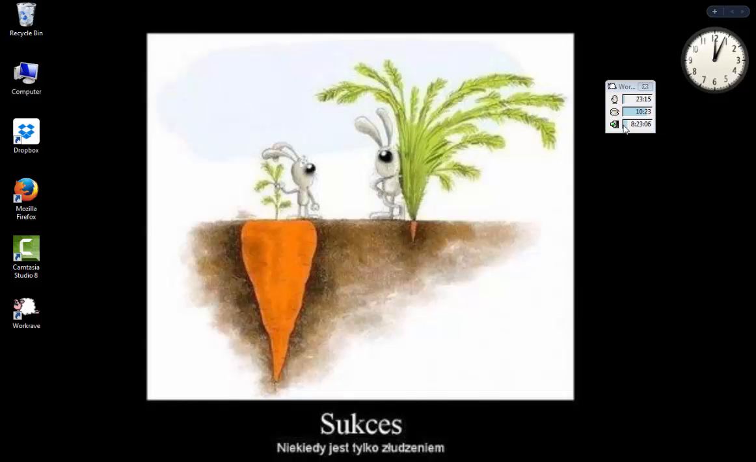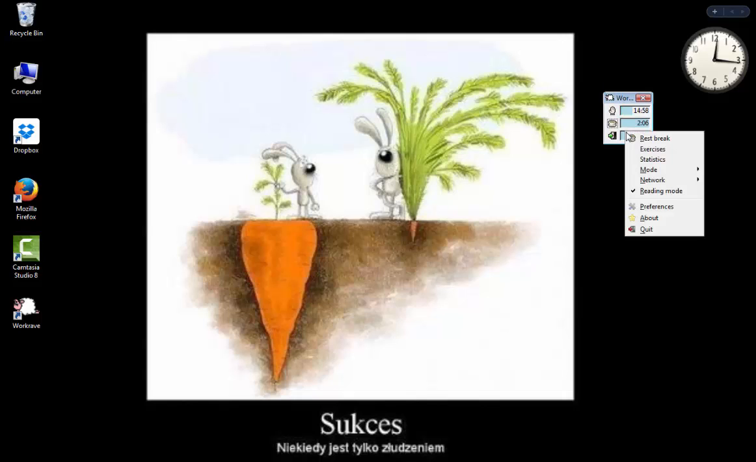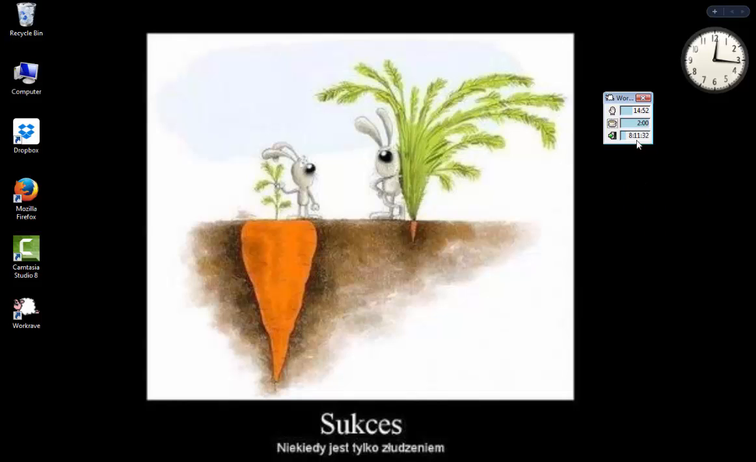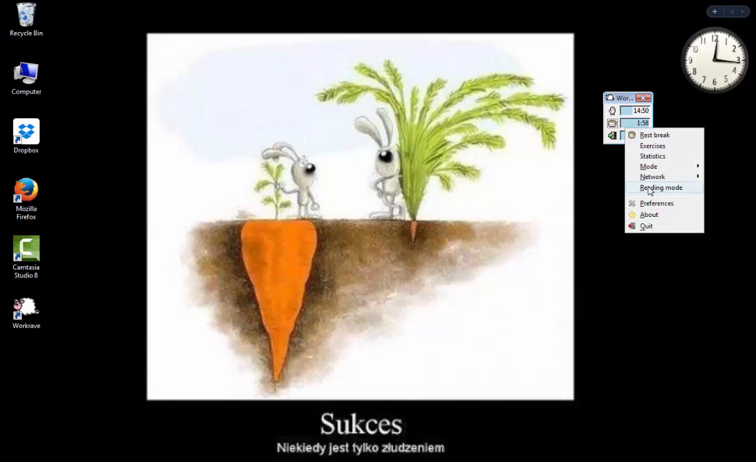You can find an explanation of the differences between modes on the Workrave website in the frequently asked questions. To choose a mode, right-click on the status window or the little sheep icon at the bottom of your screen. You can see the reading mode option straight away. And then if you go to modes, you will see three other ones. The normal is your default setting,